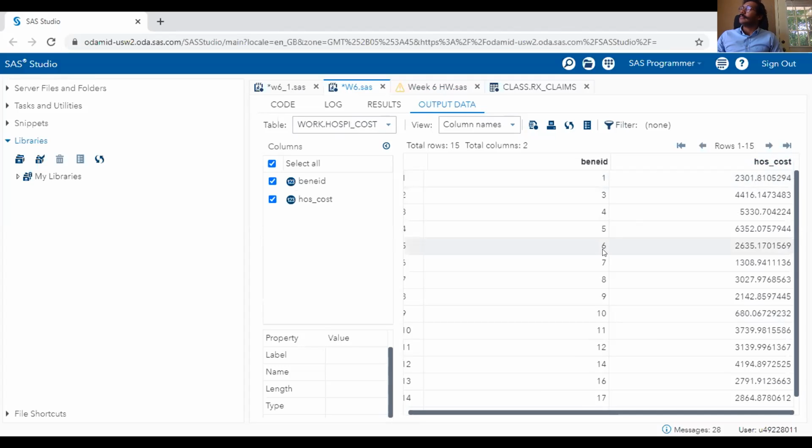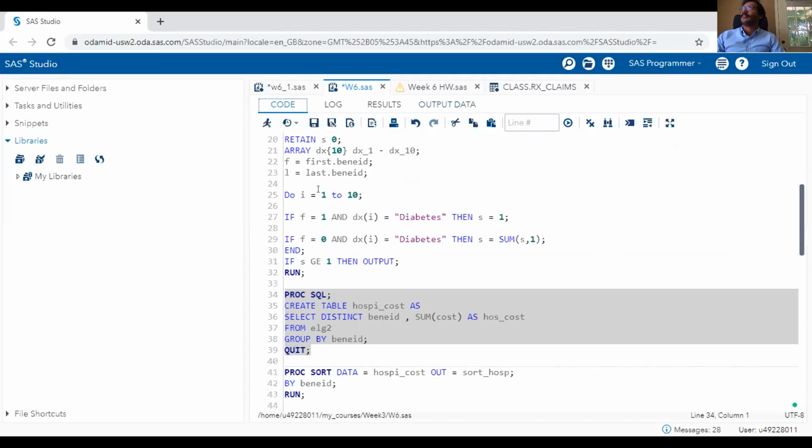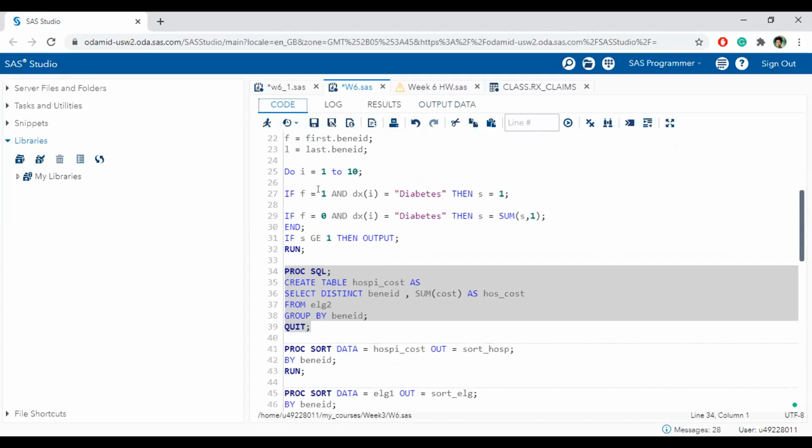Can you tell me why? Yeah, there is no six in eligibility. The Beni ID 6 is not valid for eligibility. So it will just be erased after we merge in the final one.